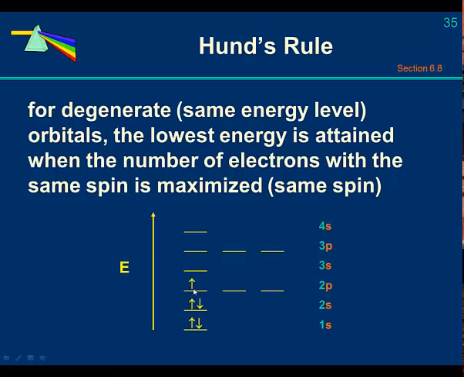Here's what Hund's Rule says. It says that this orbital right here is at the same energy level as this orbital over here where we put our first electron, and that the lowest energy is going to be obtained by putting the next electron in the degenerate or the adjacent orbital that's at the same energy level, spin up with the same spin. That's Hund's Rule. And the next electron would go in the next degenerate orbital, and it would also be spin